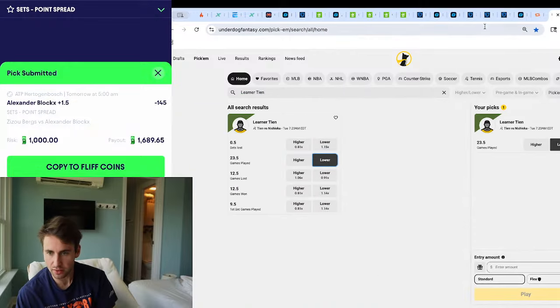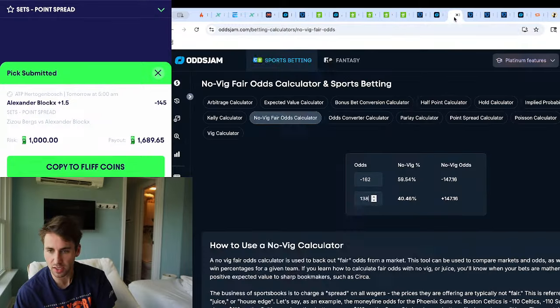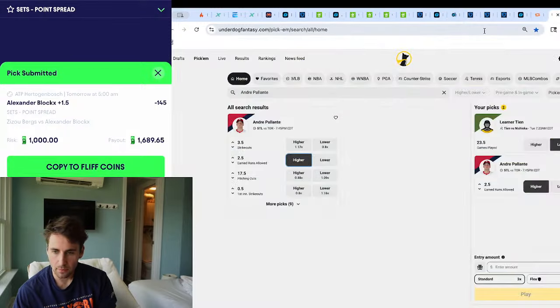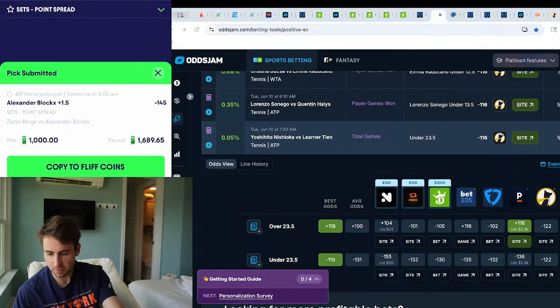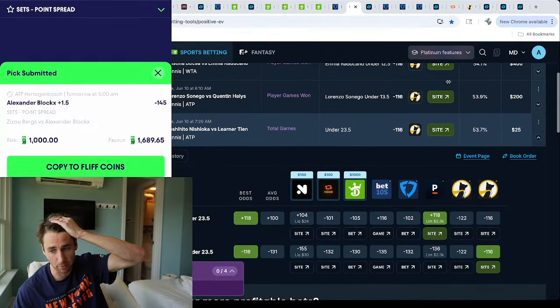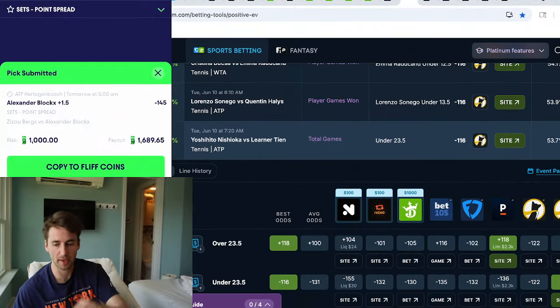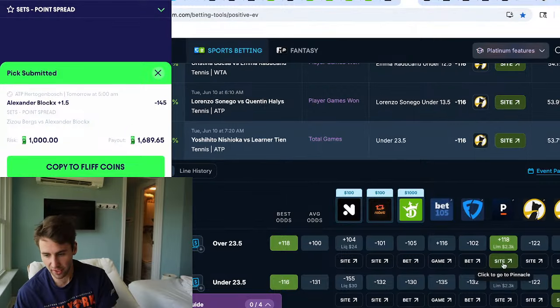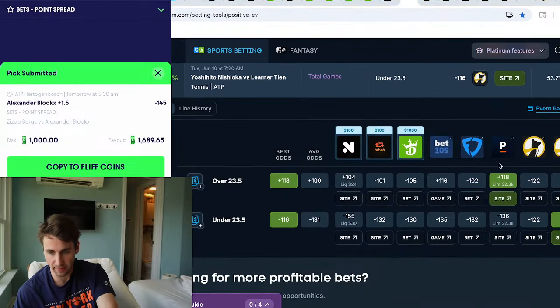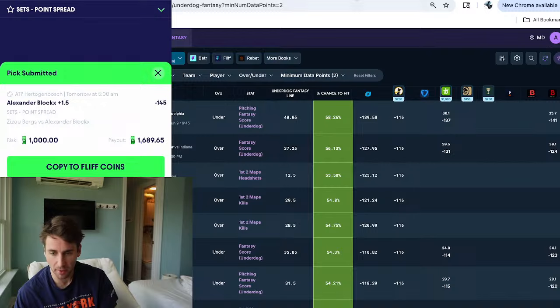The problem with Underdog, one of the main problems with it, is they just kind of adjust lines quickly, which is obviously annoying. So you look right here at this tennis play. Line is not available on PrizePicks. Only available on Underdog. Every sportsbook, every data point has the under heavily favored. Pinnacle has pretty high betting limits as well, 2.3K. Right? So this looks solid, but what I'm going to try to do